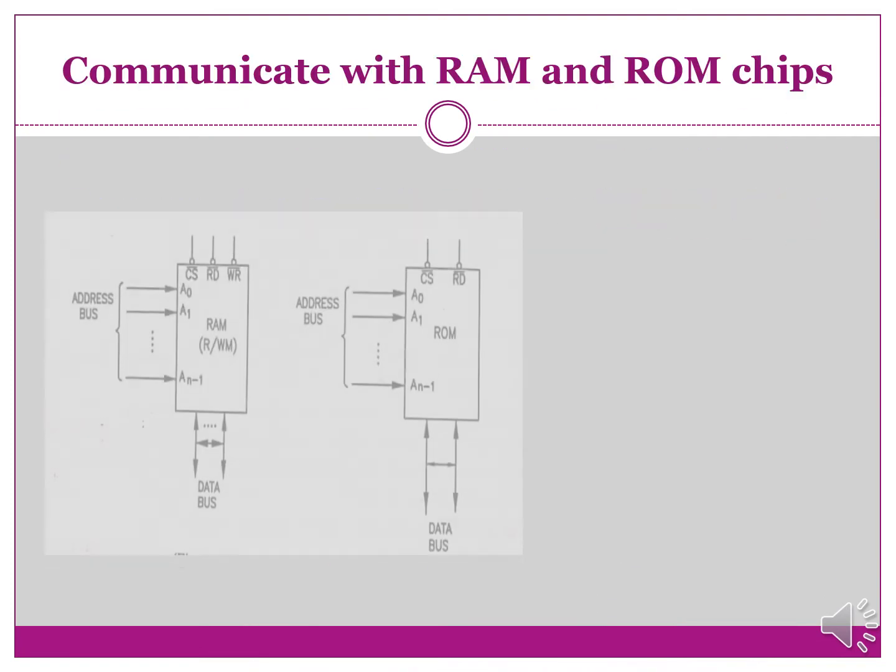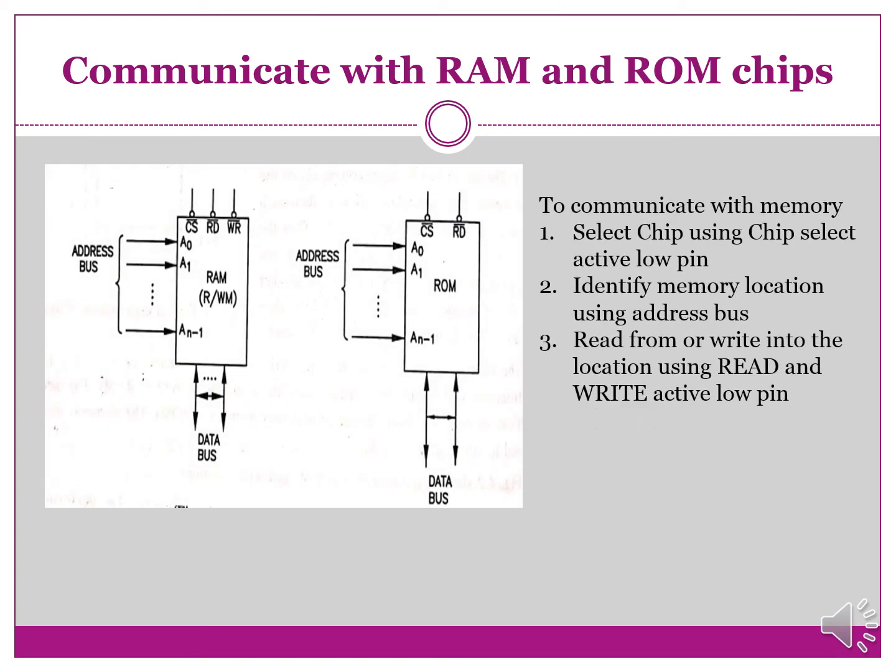Communicate with RAM and ROM chip. To communicate with RAM and ROM chip, here the block diagram is given of RAM memory and ROM memory. To communicate with memory, the first step is to select the chip using the chip select pin, which is active low. Here it is indicated with CS bar. Second step, identify memory location using address bus. So in both diagrams, address bus is used to